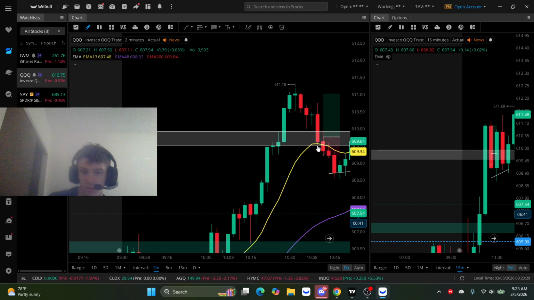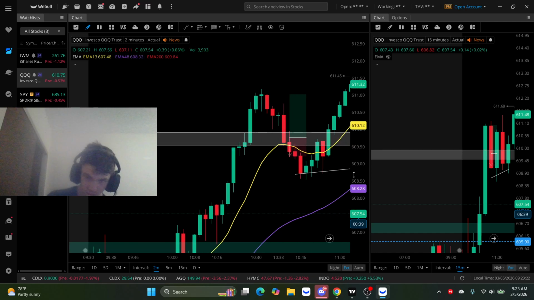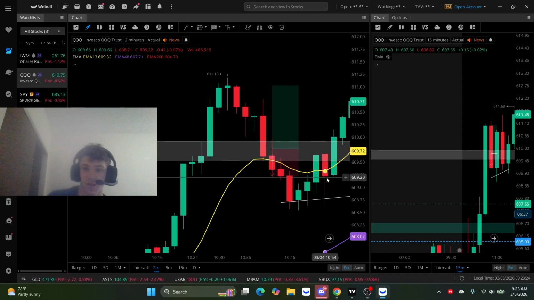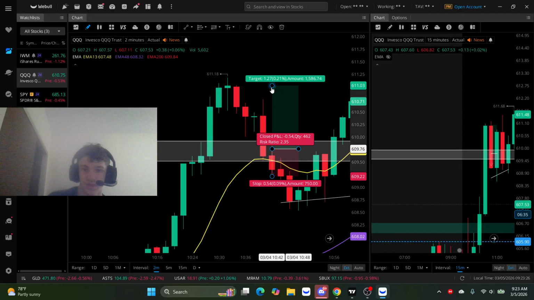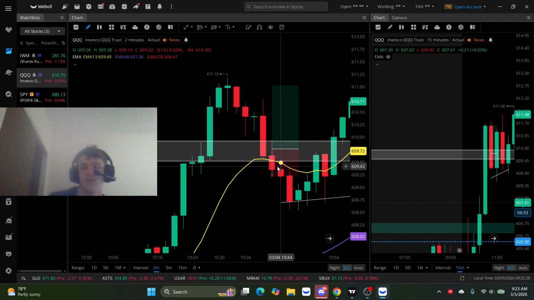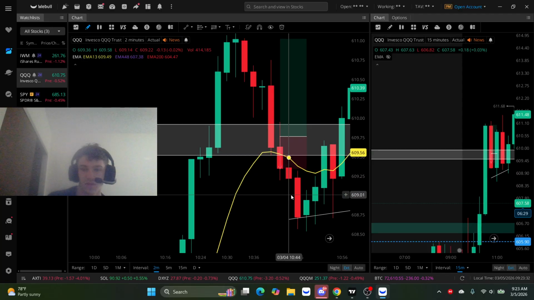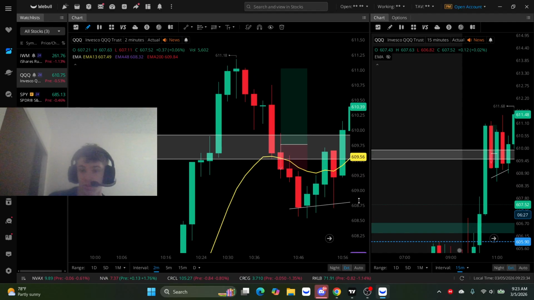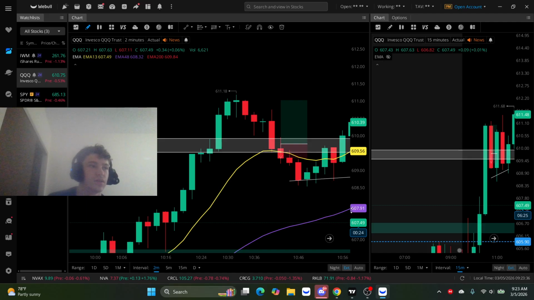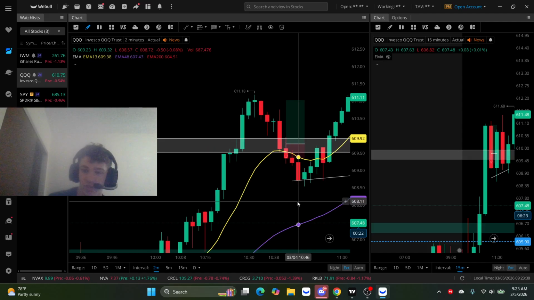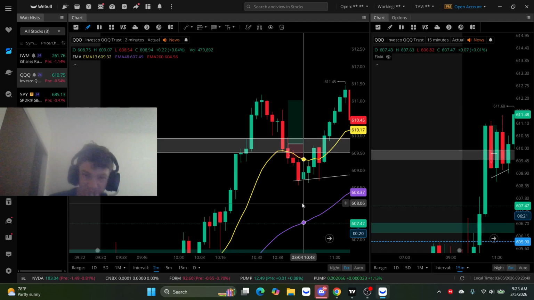Bounced off the 13 EMA a little bit, and I entered on this candle when it showed confirmation. And yeah, I set my TP at the high day zone, and unfortunately got stopped out on this. I got stopped out on this candle close. Actually, I'm really happy with how this trade went because